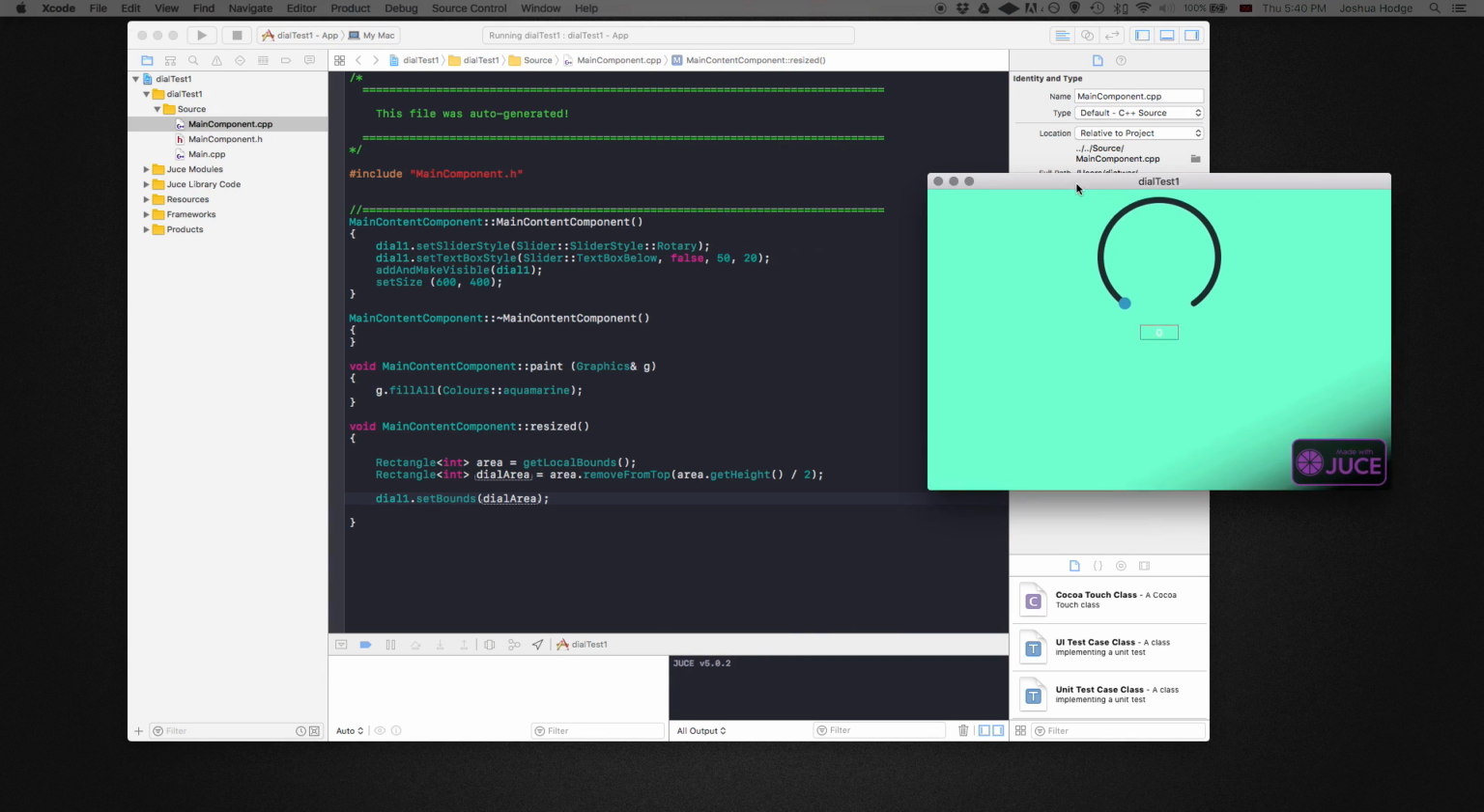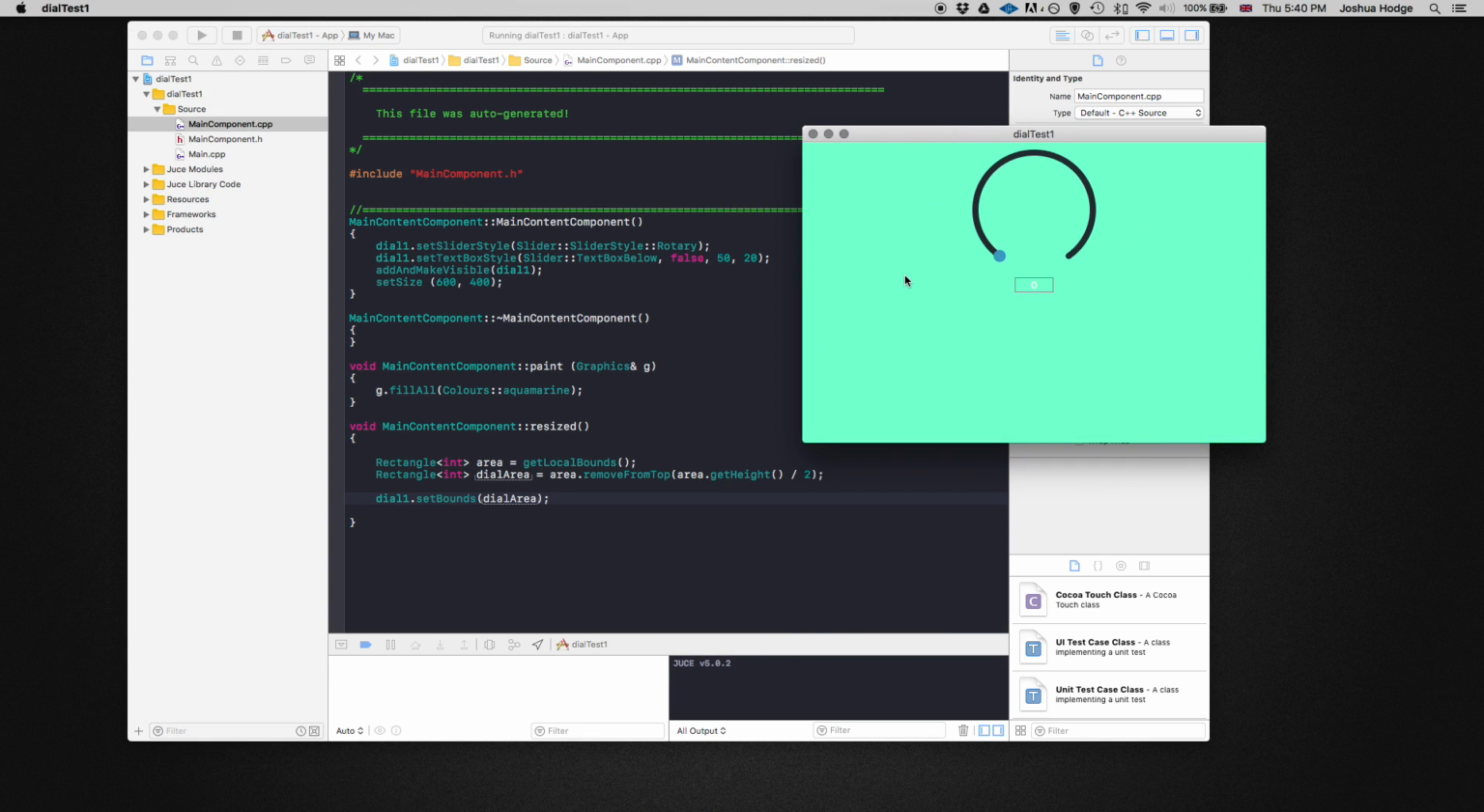Okay, and that's what we see. So we removed the area from the top. We removed half of our original rectangle from the top. Then we have the bottom half, and the bottom half drew at 0, 0, and that's why we have our knob at the top half. So when it removes it from the bottom half, it actually